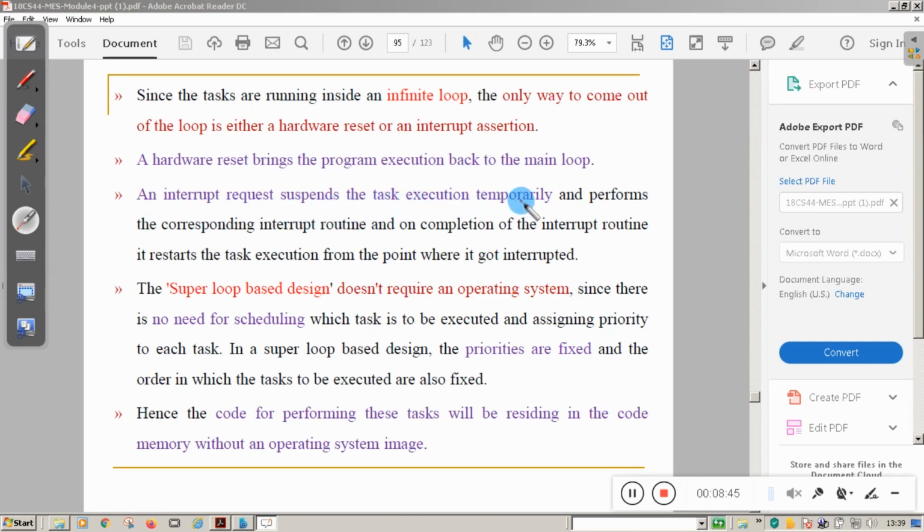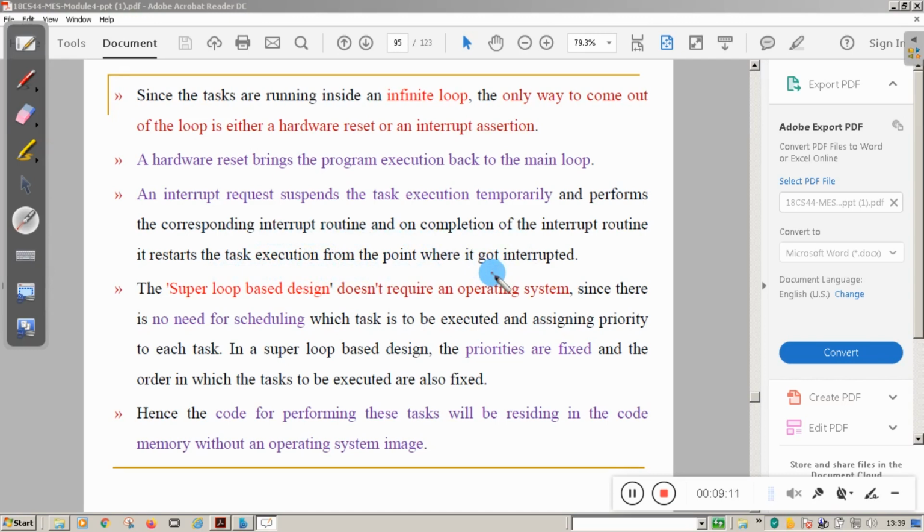So in two ways you can break that loop. One is by hardware reset. The other is an interrupt request, which suspends the present task and performs the corresponding interrupt routine. On completion of the interrupt routine, it repeats the task execution from the point where it got interrupted. Those are the two ways.